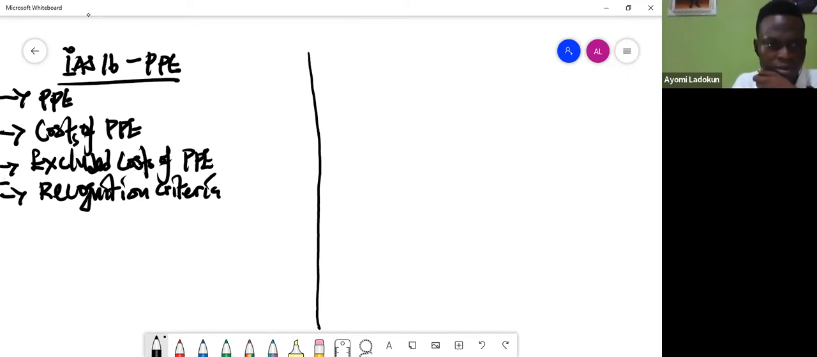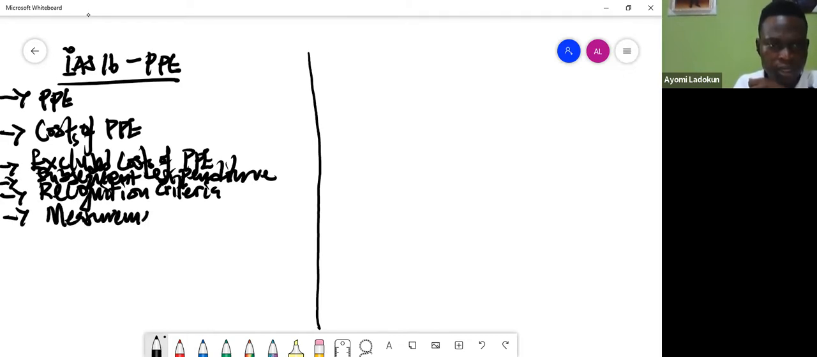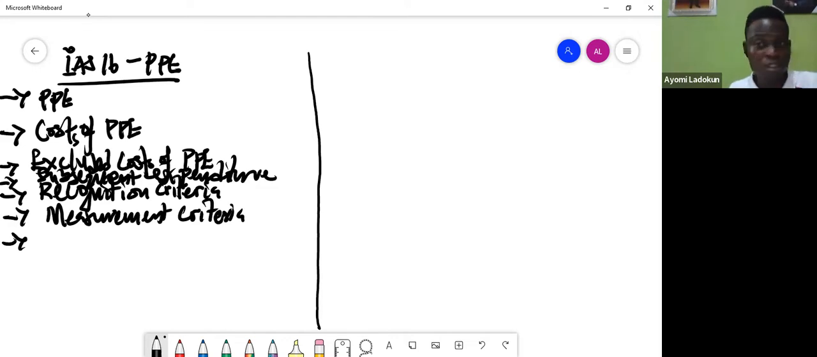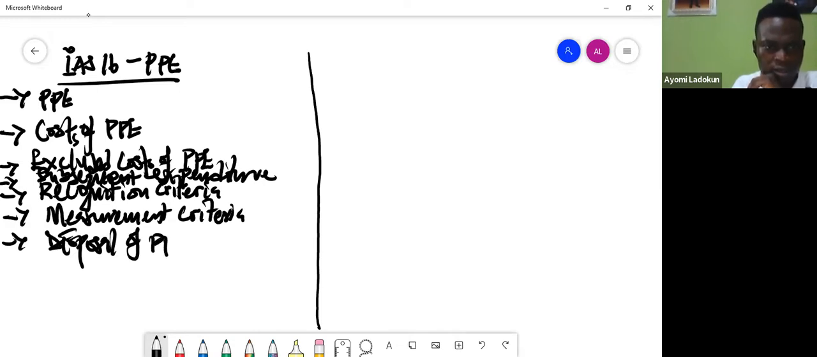Recognition criteria. But before then, I think you should know about subsequent expenditure. Okay. Let me put it there. Subsequent expenditure. Okay. Then after recognition criteria, you should also know measurement criteria. Okay. Measurement criteria. After that, within recognition and measurement, we'll talk about depreciation, so I don't need to pull it out. Then after that, you should know, let's say disposal of PPE. Okay. Then you should also know